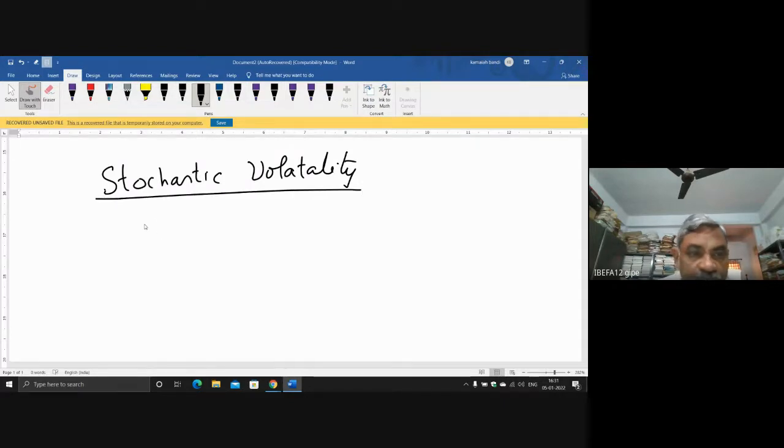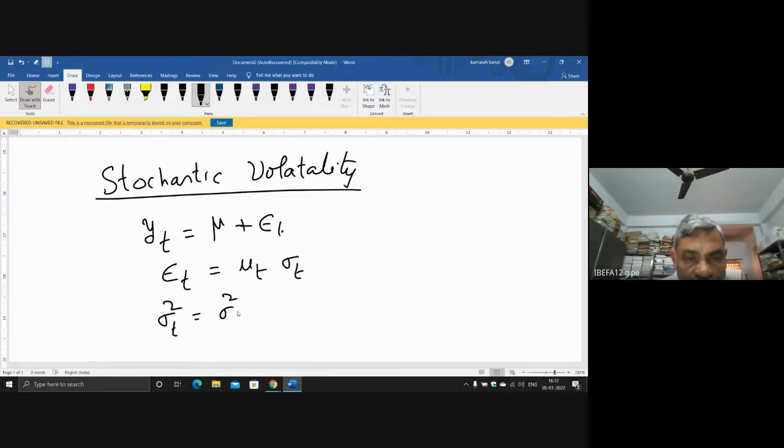Okay, you have the conditional variance equation, yt equal to mu plus epsilon t. Epsilon t equals ut and sigma t, and sigma square t. We have the conditional variance equation because we have a variety of these models. Now, in stochastic volatility,